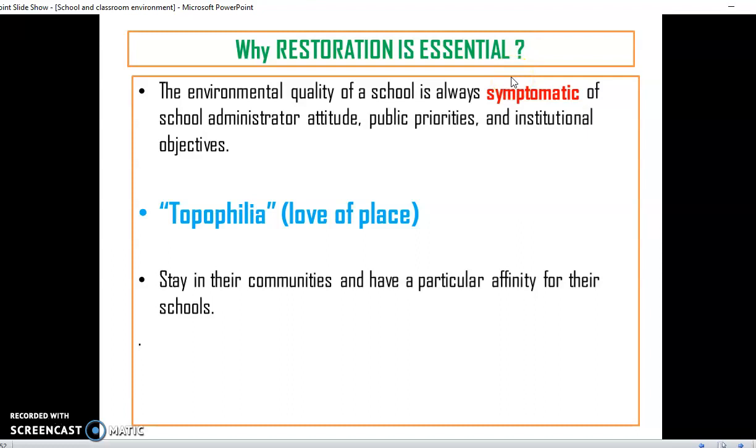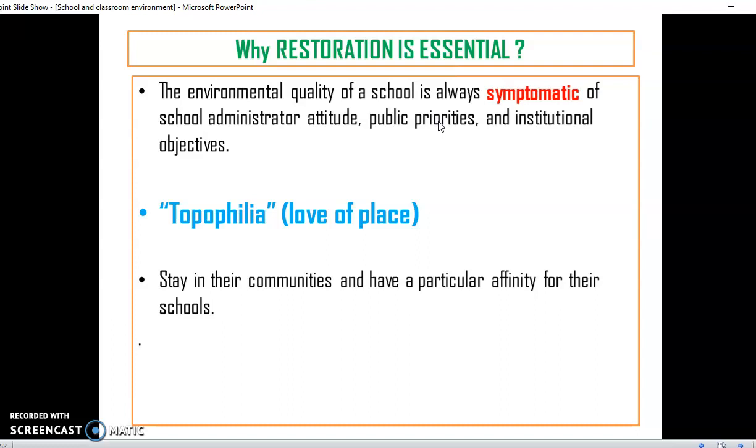If the environment of the school is not proper, then the question would be raised against the school administrator: why is a particular aspect related to the school and classroom environment not taken care of? When we talk about public priorities, it is whether the people around are not bothered about where their students are going to learn, whether they have no contribution or no consideration for the condition in which the